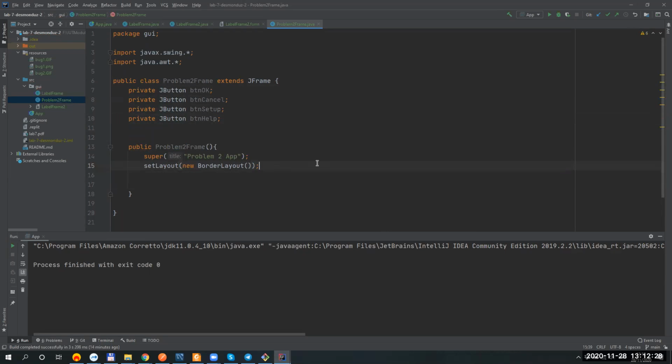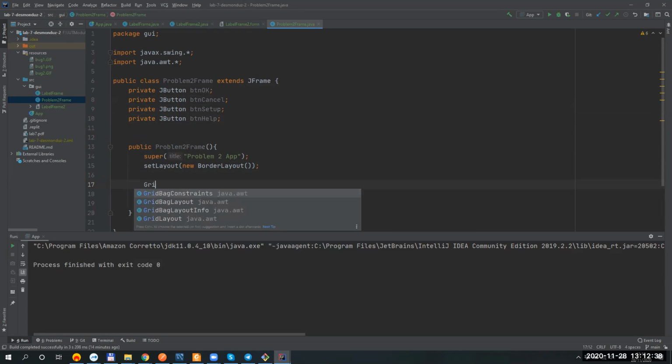Now we need to create all these things and add them, but we have to add them into some grid. So we're going to create a JPanel,